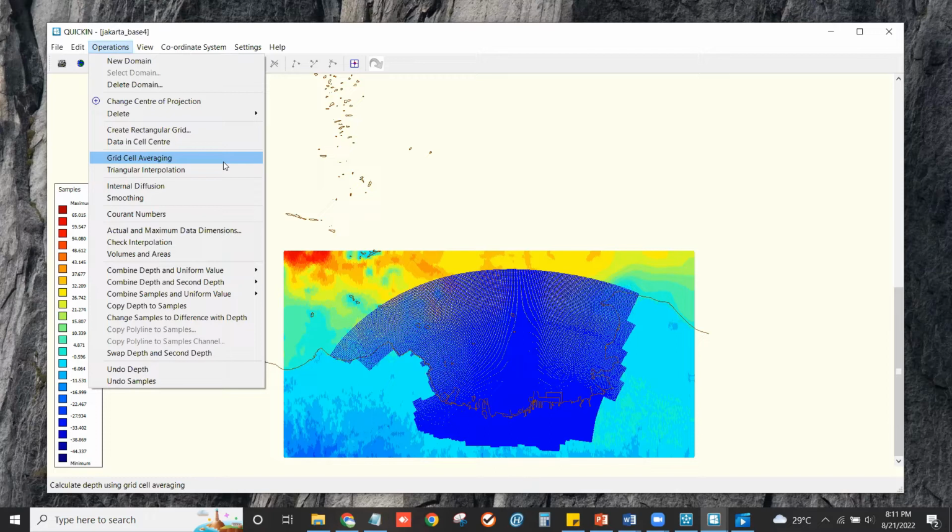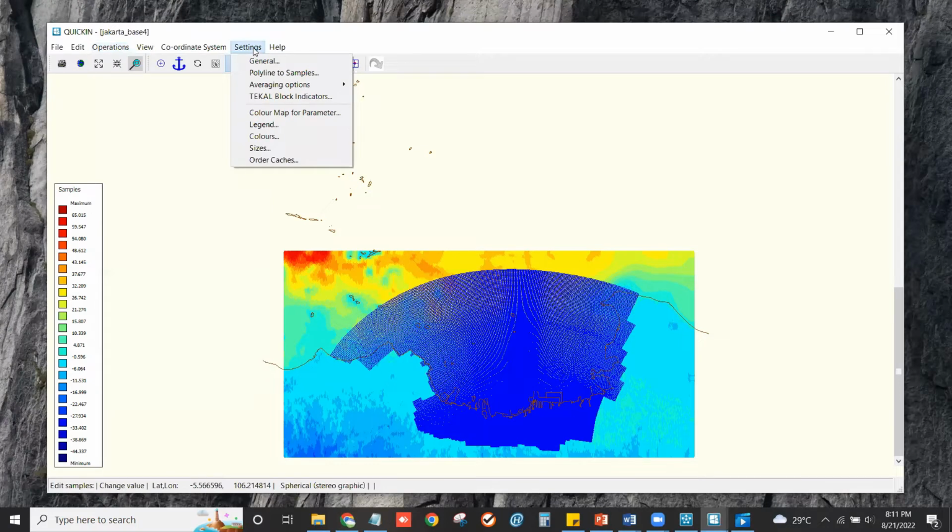Before using this menu, we have to do the setting first. We can move to setting, the averaging option. We can choose one of the options.